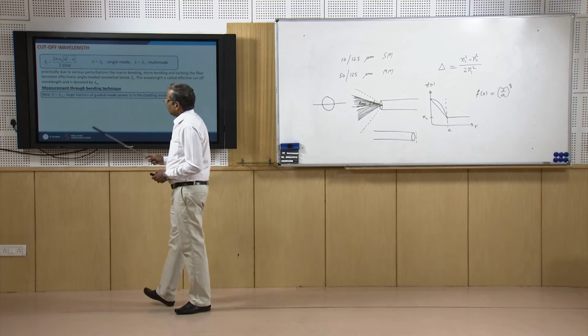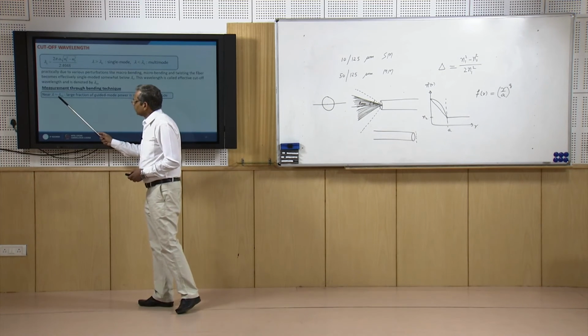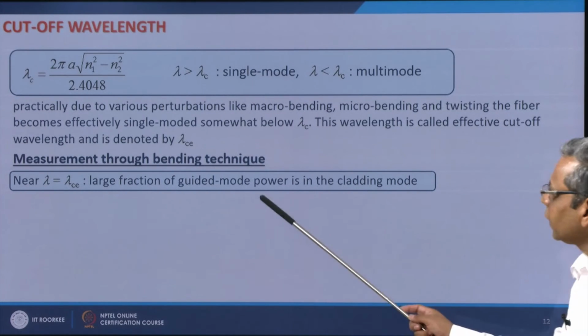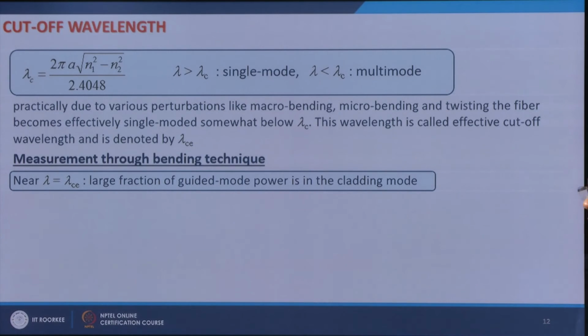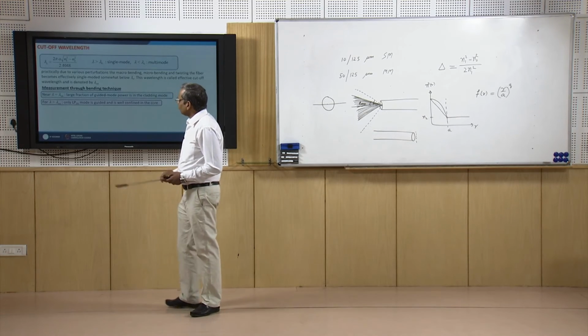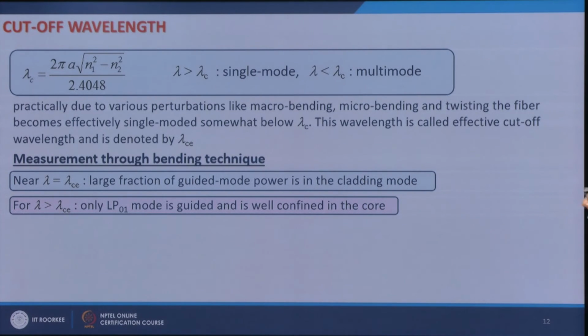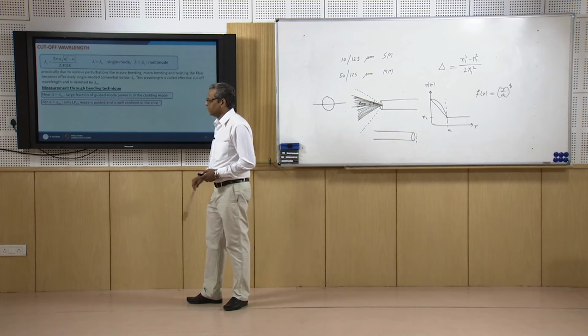If I am operating at a wavelength equal to lambda CE, then a large fraction of guided mode power is in the cladding mode, and if you are slightly greater than lambda CE, then only the LP01 mode is guided and is well confined in the core,